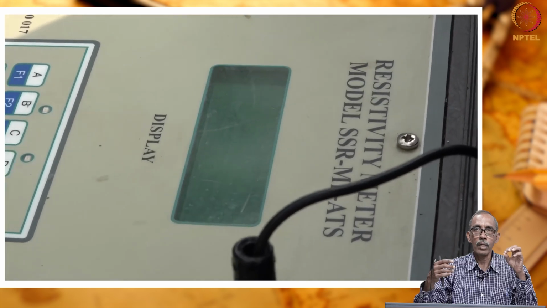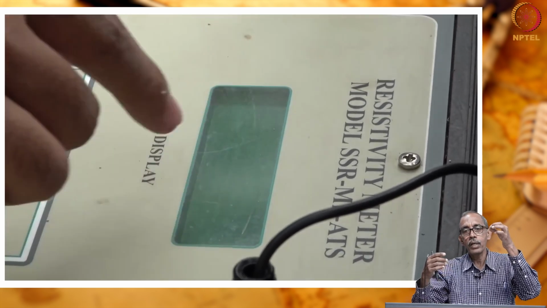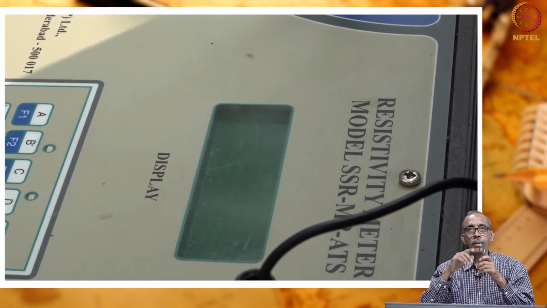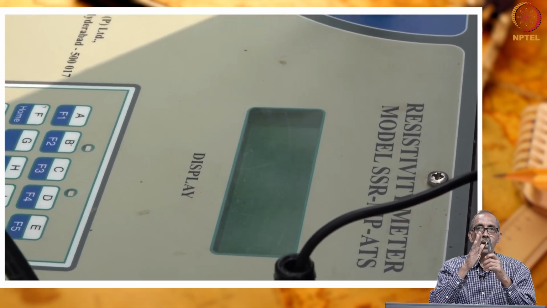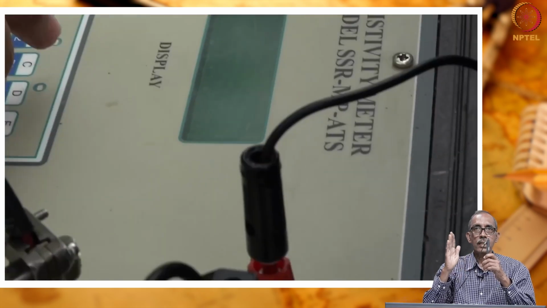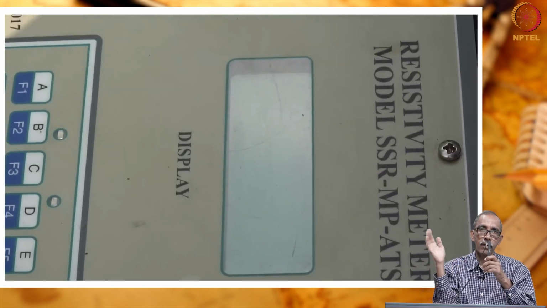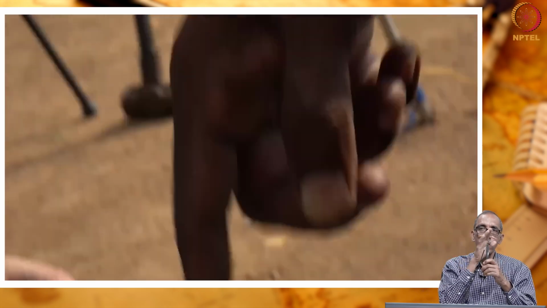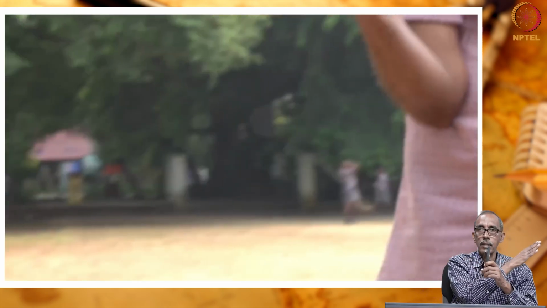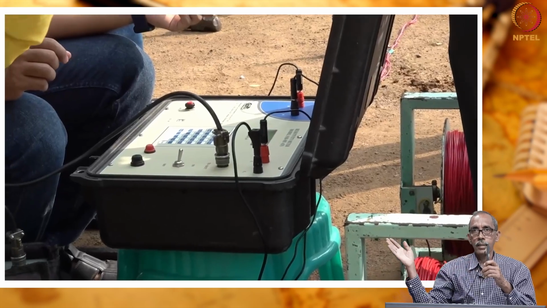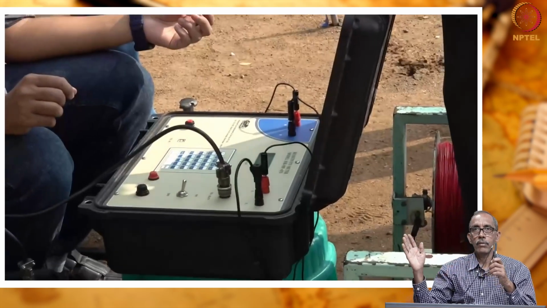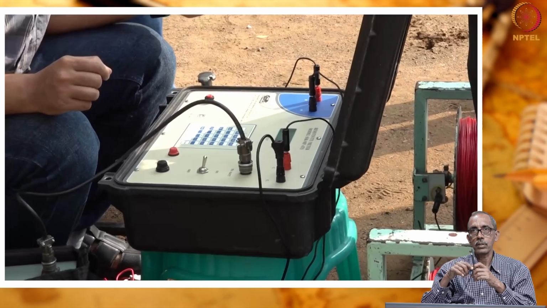The point of our observation is just in front of the resistivity meter. What do I mean by point of observation? That is the center point of the electrode spread. So, from the center, we are progressively moving the electrodes symmetrically on either side of the center point. A is moved on this side, B is moved on the other side. So, this is how we progressively move the current electrodes.